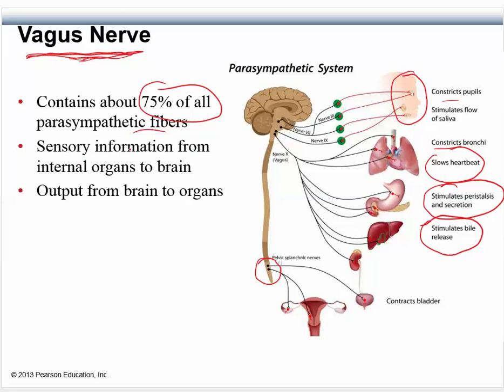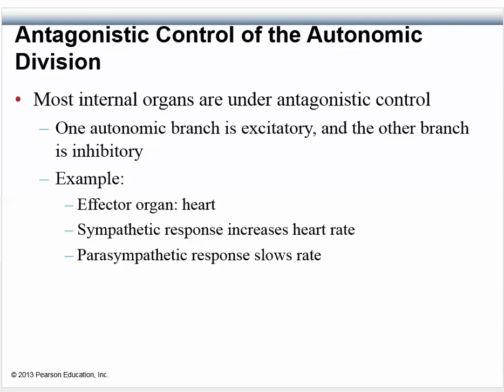Okay, so sensory information goes from internal organs to the brain. So this is a two-way street. The organs are saying, hey, this is what's going on, and then that's processed in the brain, and the brain responds through the vagus nerve. Okay, this is what you need to do now. For the most part, the digestive system is pretty self-sufficient, but there is certain feedback that occurs there, and that's the parasympathetic nervous system. And remember the neurotransmitter that's being released primarily is acetylcholine. Okay, so that's really about all we're going to talk about with the parasympathetic control.